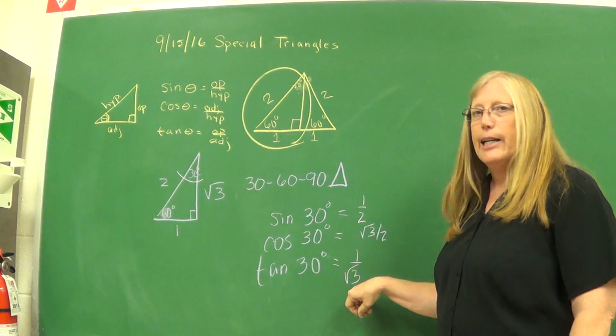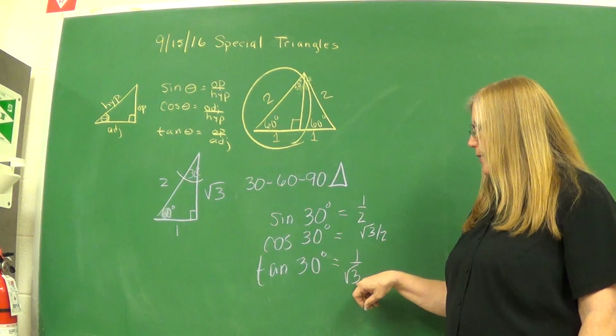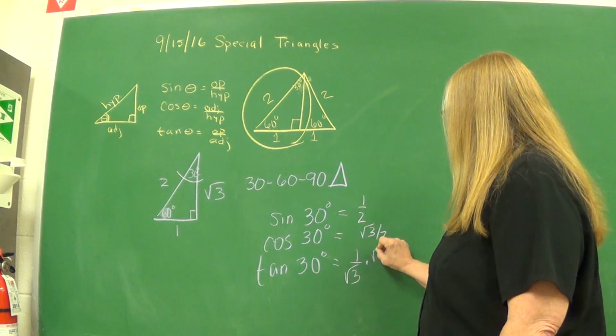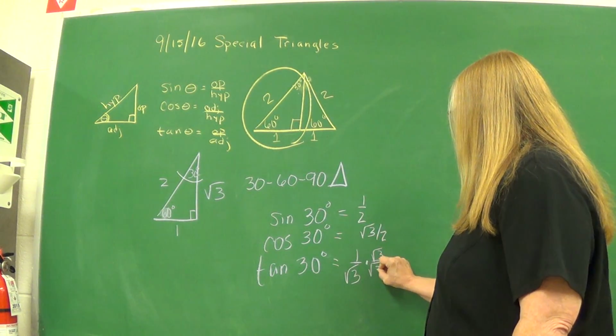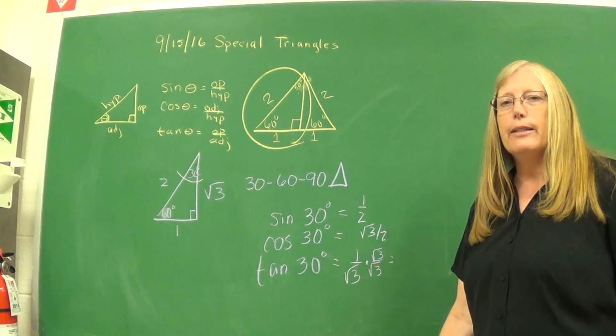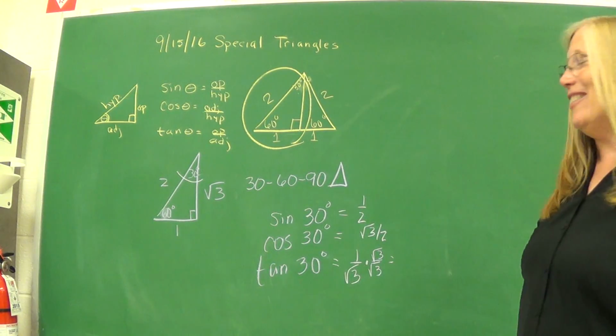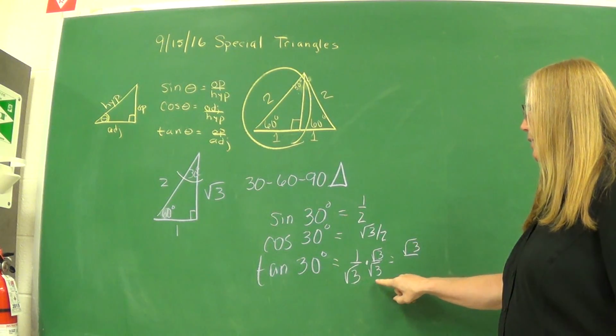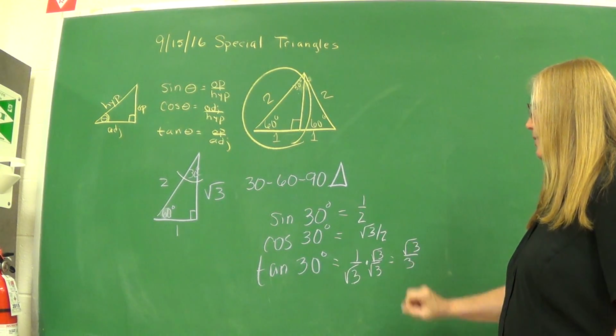This, however, has to be rationalized. We never leave square roots in the denominator. So we have learned in math past how to rationalize, which means to get the square root out of the bottom. So we have square root of 3 on the top. Square root of 3 times square root of 3 is 3. And